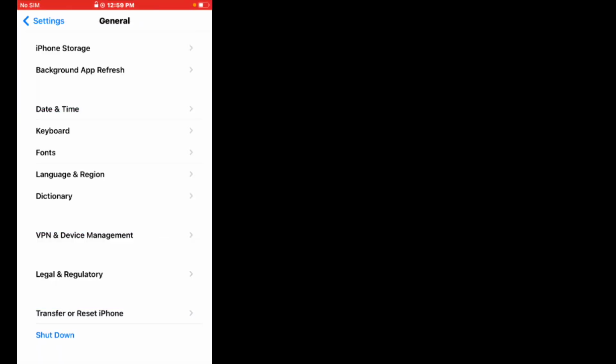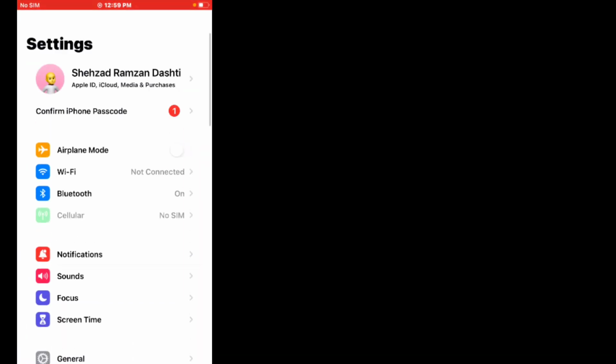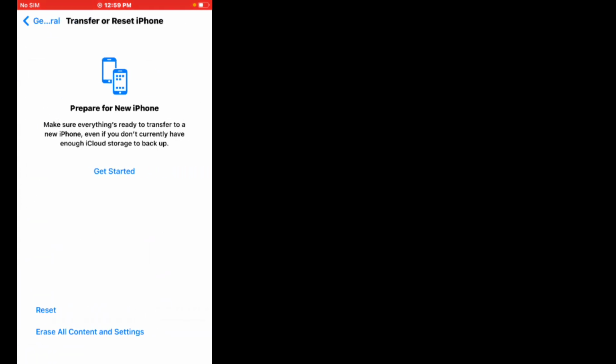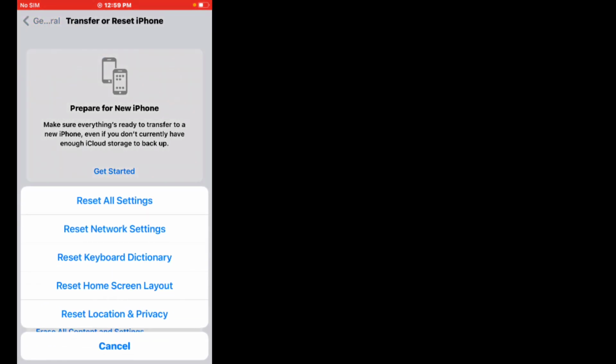If solution number 2 is not working, now apply solution number 3. Solution number 3 is reset network settings. Firstly, tap on the Settings app. You can see it appears on screen. Scroll up, tap on General, scroll up, tap on Transfer or Reset iPhone, tap on Reset, tap on Reset Network